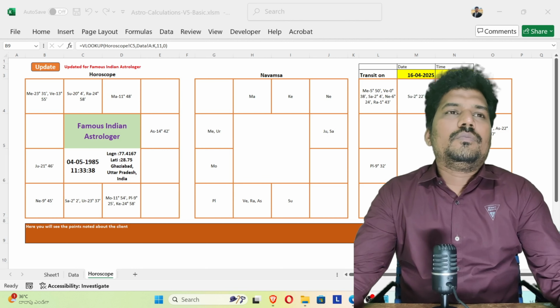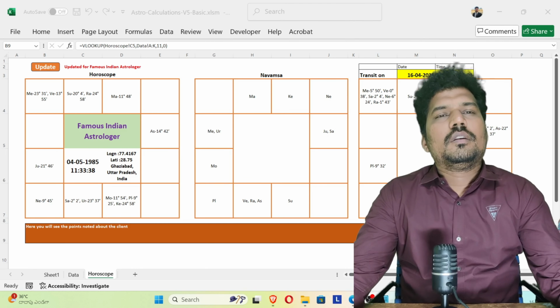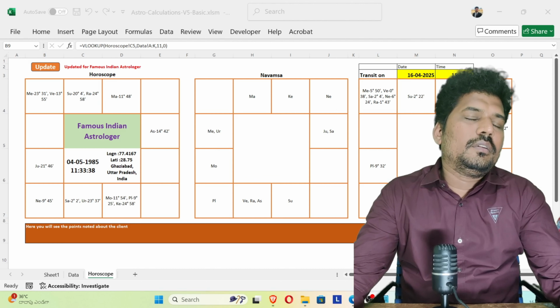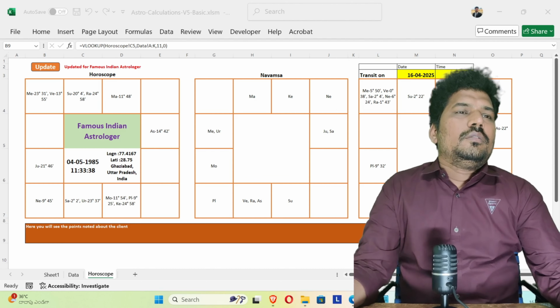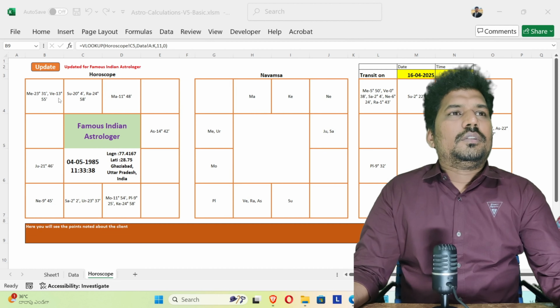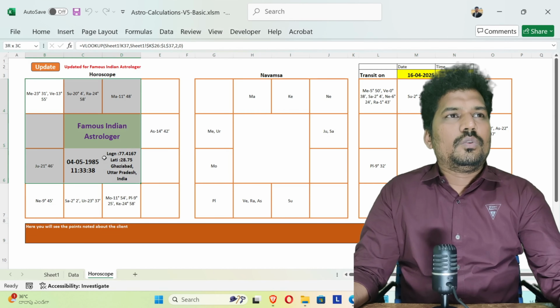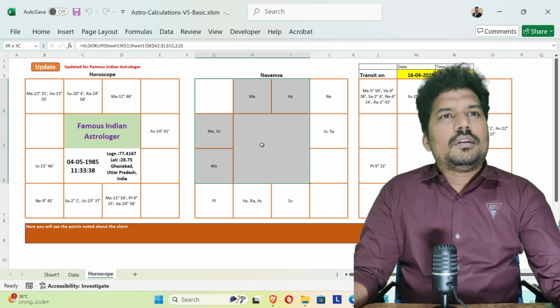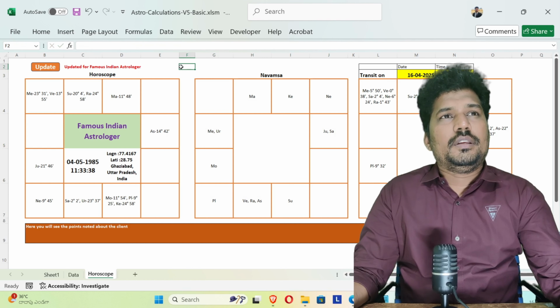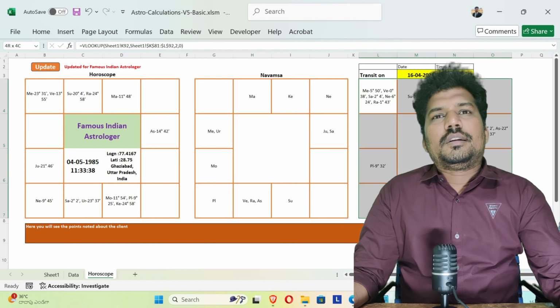What you are seeing as of now is the basics which I got through the program I have developed. So basically what I have created is the normal horoscope and the Navamsha or D9, and this is the transit.